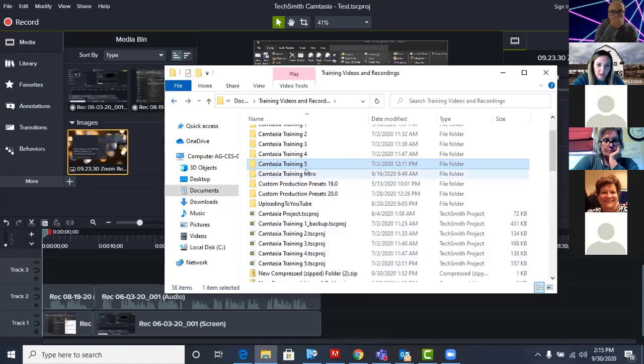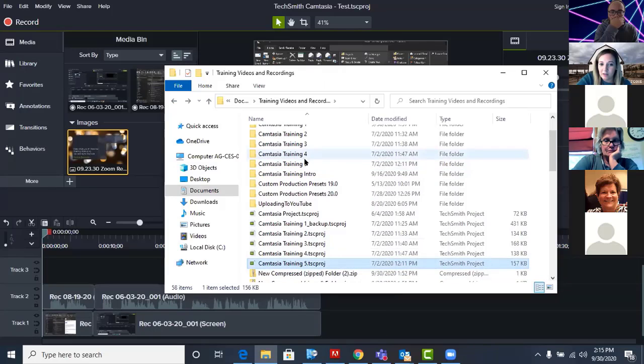But if you are trying to share this with Greg or I or anyone else, if you want somebody else to be collaborating on it with you, the only way that they can open all of the things is if you move the project folder into that other folder that you have saved.